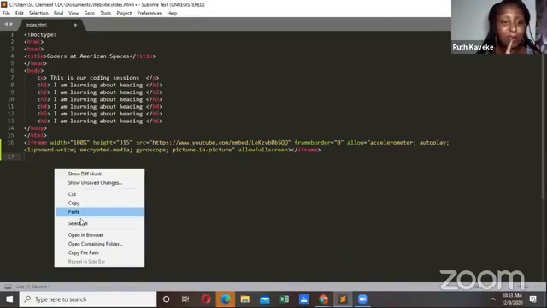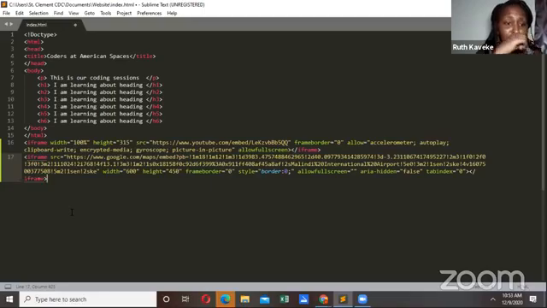Okay, there is a small mistake, but just paste it first. Just paste it, it's fine. So when you see